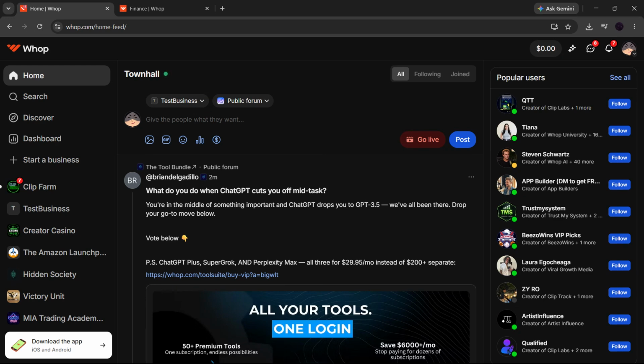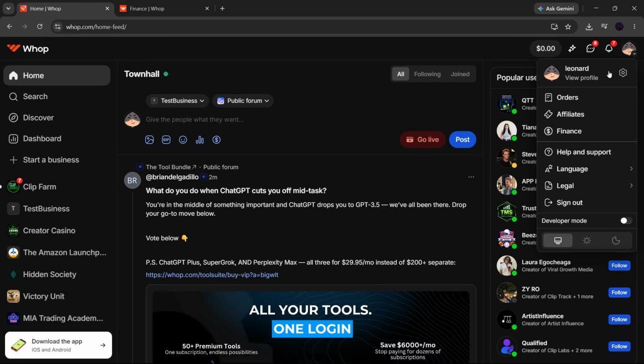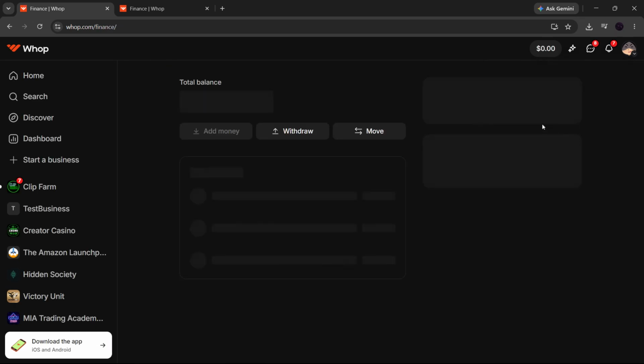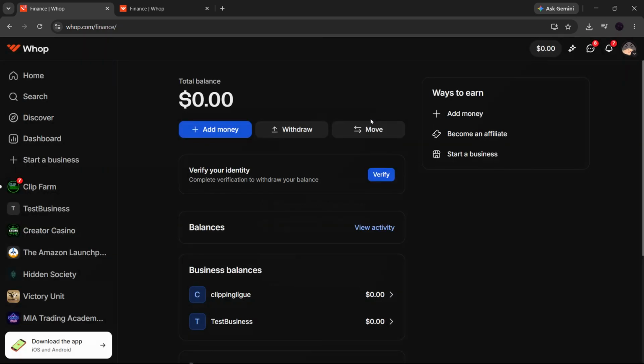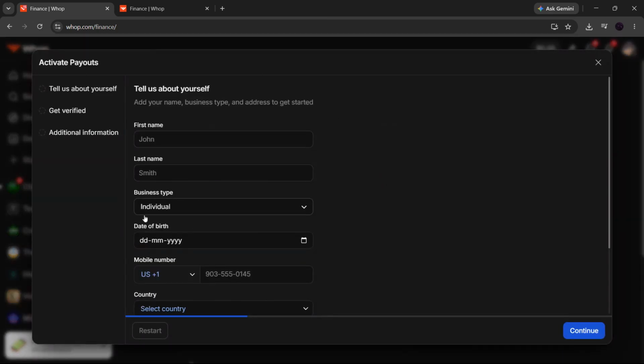Alright, let's walk through it. First, open Whop and make sure you are on the home feed. From there, look up to the top right corner and click your profile icon. This opens your account menu, where you'll see the Finance section. Click Finance, then find the Verify Your Identity area and click Verify. This step is required because Whop needs to confirm your identity before it unlocks payouts and lets you withdraw your